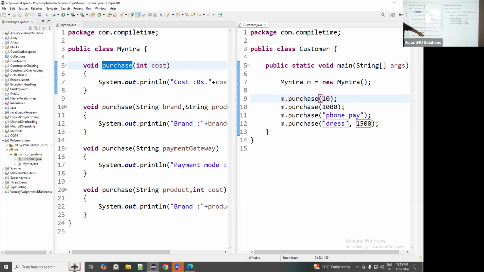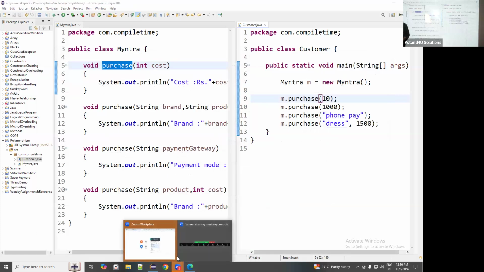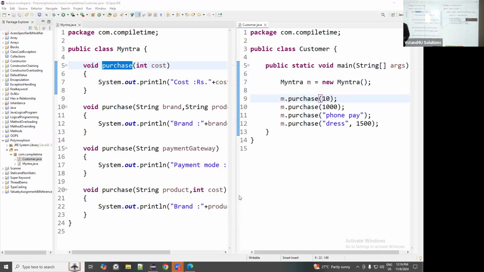Here the method binding acts as method overloading, and it is referred to as compile time polymorphism, static binding or early binding. Any doubts in this? Okay. Now take and write the